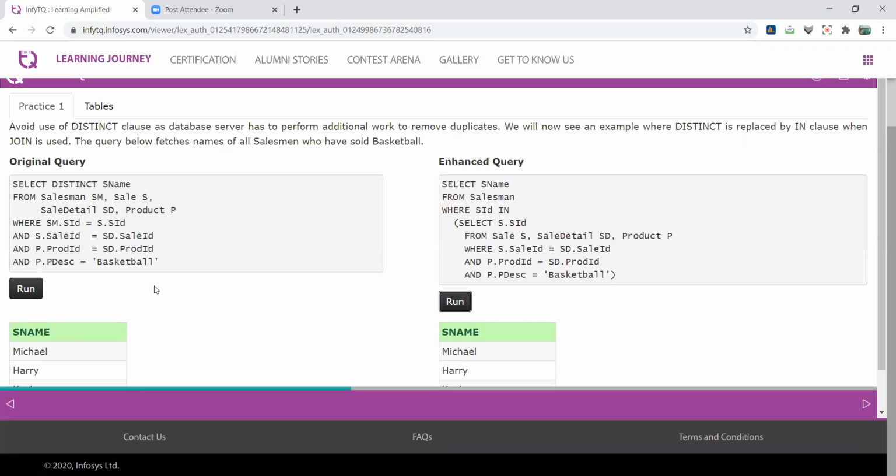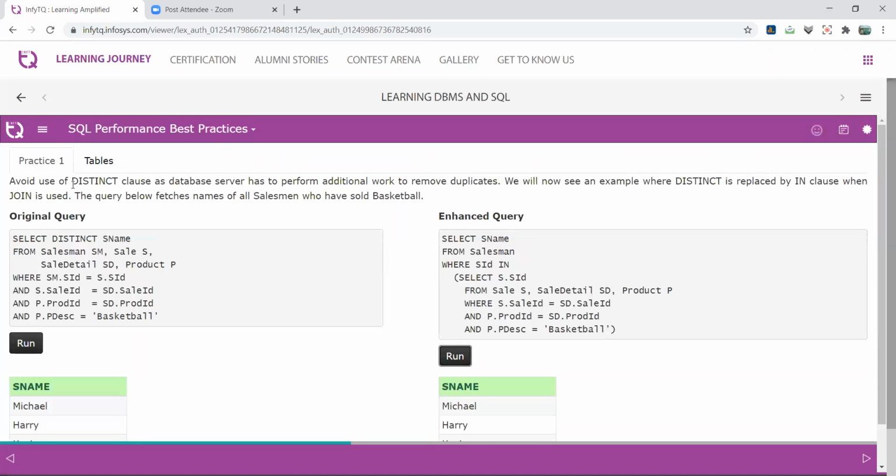Is that clear? So that is the one part, how to optimize our query. In this part, we focus on how to remove the distinct blocks, right? Most of the time we can eliminate the distinct clause, but it is not easy from a fresher's point of view. When you practice more and more, you become capable of reducing the query, or optimizing the query from the original query to alternate or optimized queries, right? Okay, now move on to the next part.